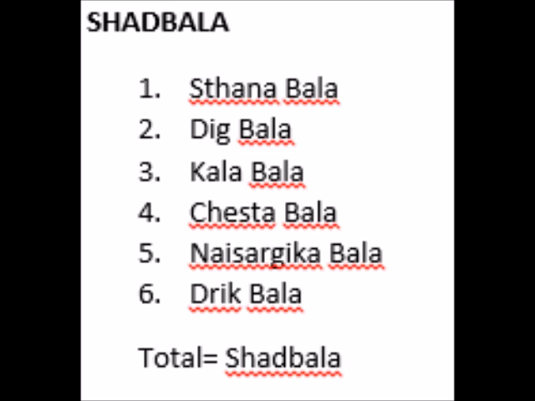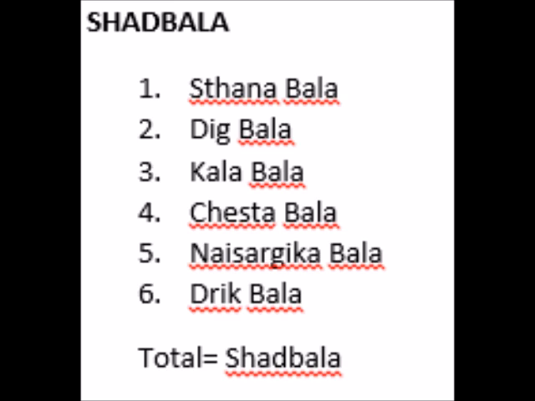For example, the moon gets exalted at 3 degrees of Taurus, and it's at the maximum beneficial place for the moon at that particular degree, and it gets debilitated at 3 degrees of Scorpio, where it gets the maximum points for being inauspicious, or rather gets 0 points as far as this bala is concerned. So Ocha Bala is calculated for the degrees of the exaltation and the debilitation points.